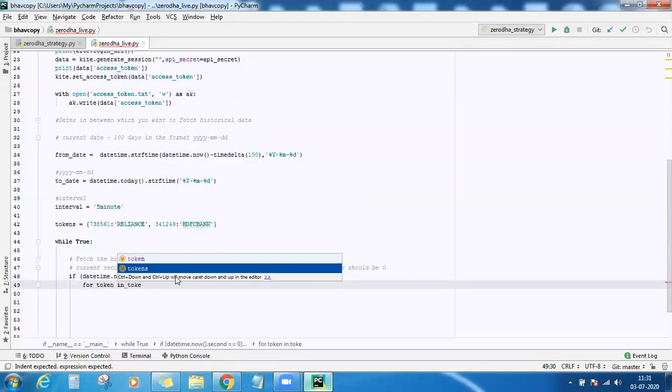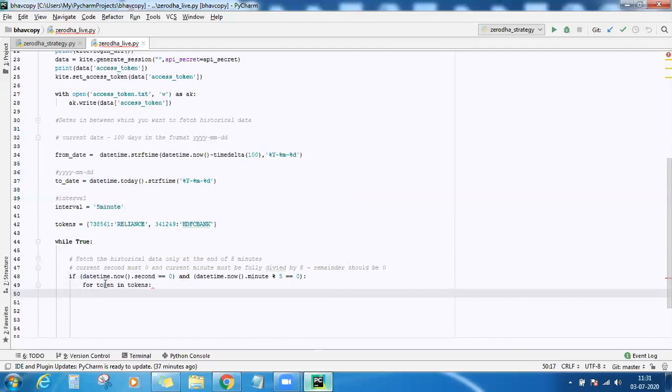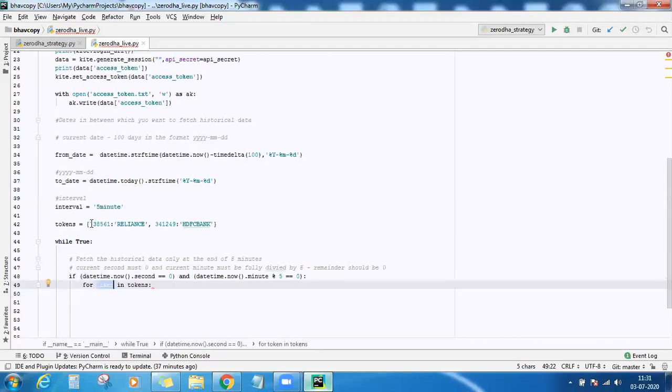So this is the way we run a for loop in a dictionary. The same for a list also, this is the same way. So when I do this for loop, the token will be equal to the first value.